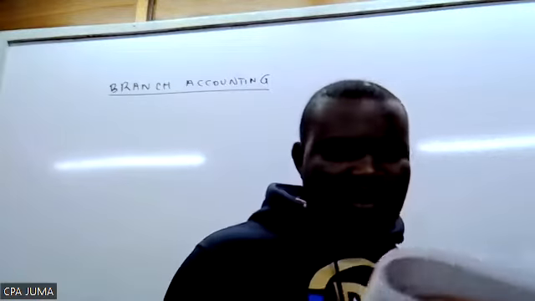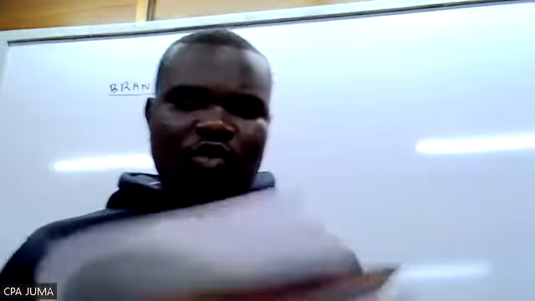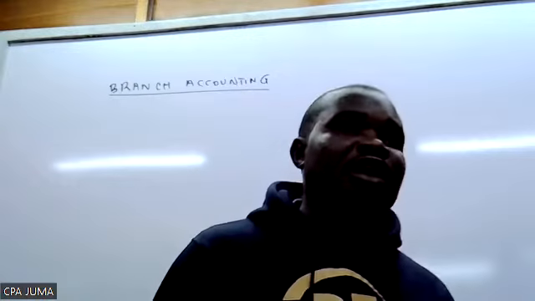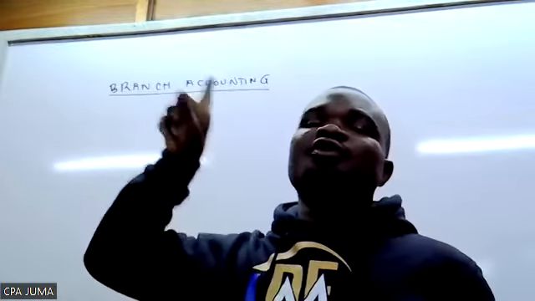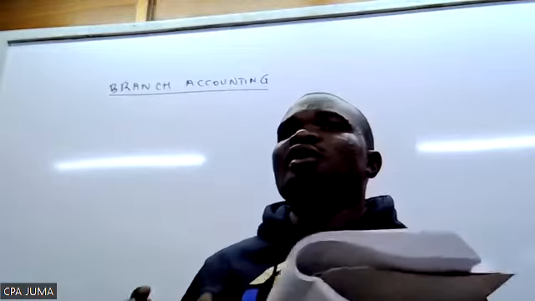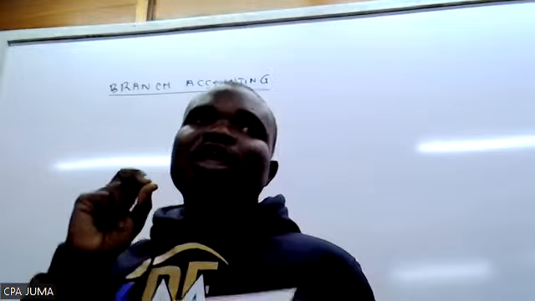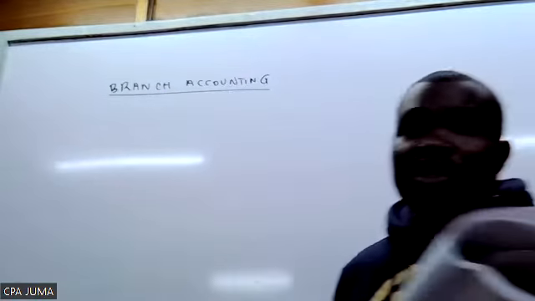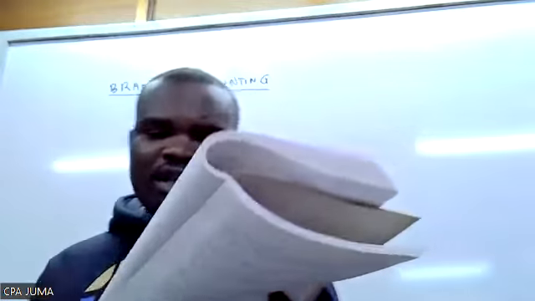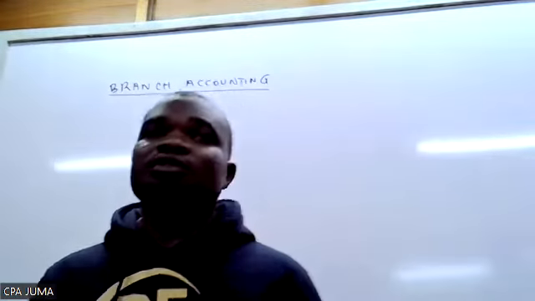Note, the head office maintains the following ledger accounts to keep proper records on behalf of the dependent branches. One, there is what we call the branch inventory account, that is the branch stock account. These accounts are in the head office, but the head office prepares them as if they are the branch, so they record as if they are the branch. The branch stock account is maintained by the head office to record the goods that had been sent to the branch